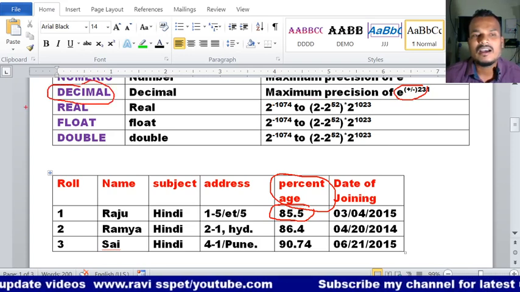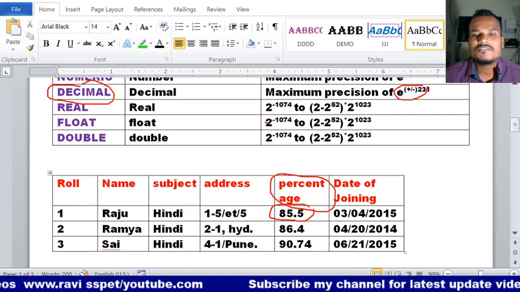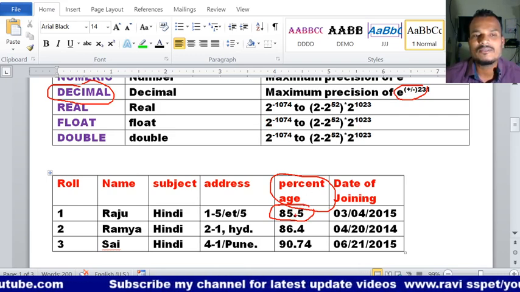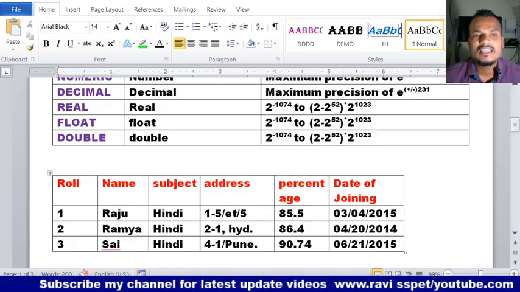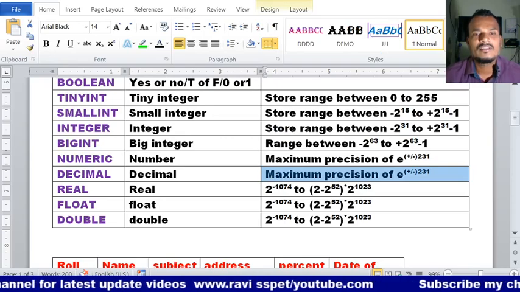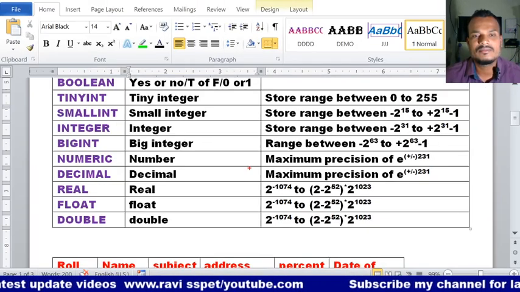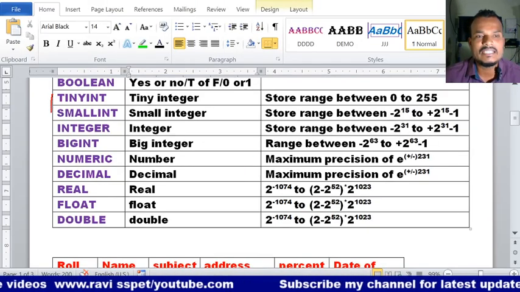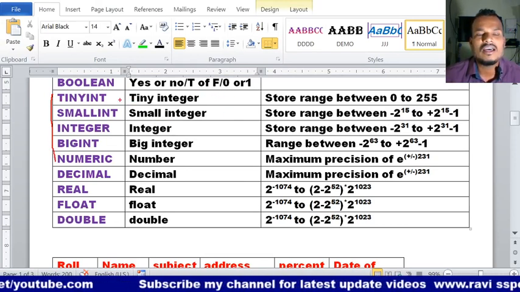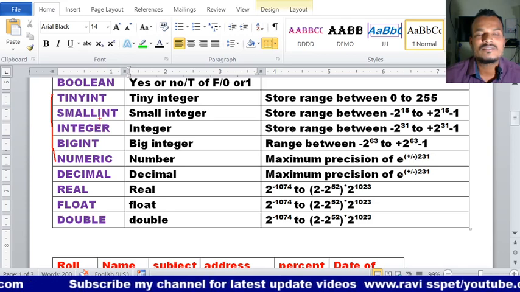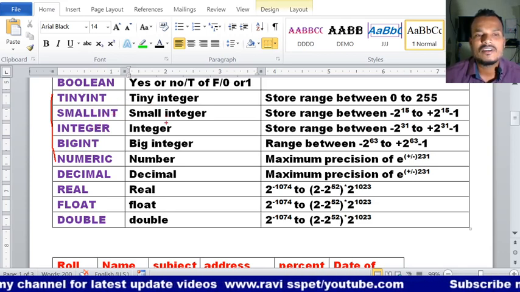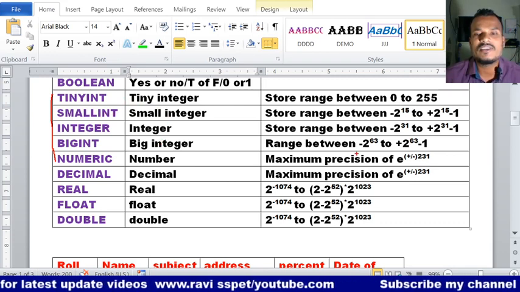See here, float is there. If our value is in between this one to this one, we have to use the float value. That means from tiny integer to numeric, all are without decimal values. For small ones, we have to use this integer. For big integer, we have to use this one.